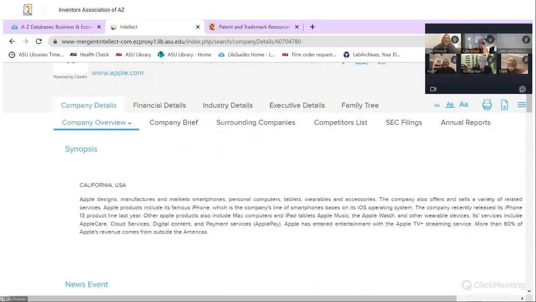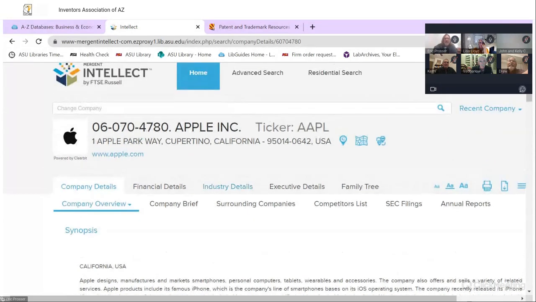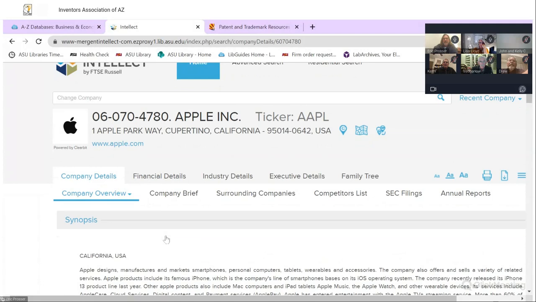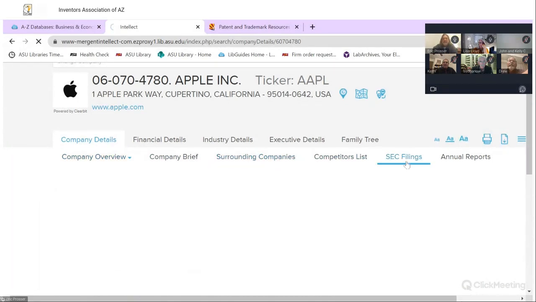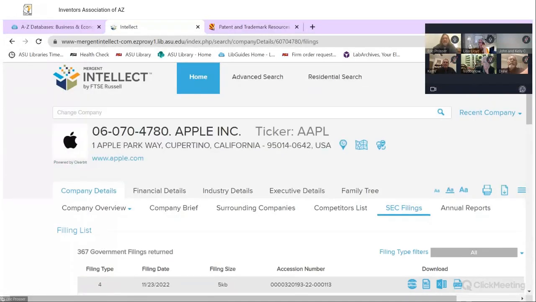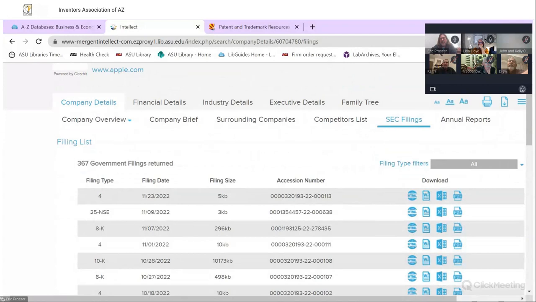Anyway, so when we get in here and take a look at this, it gives us information about Apple. It gives us our company overview. You can see other things that are here. One of the interesting things too is it has links to SEC filings. You can often get a lot of information about what's going on in companies based on their SEC filings if they are publicly traded, because they basically have to disclose just about everything that's there.